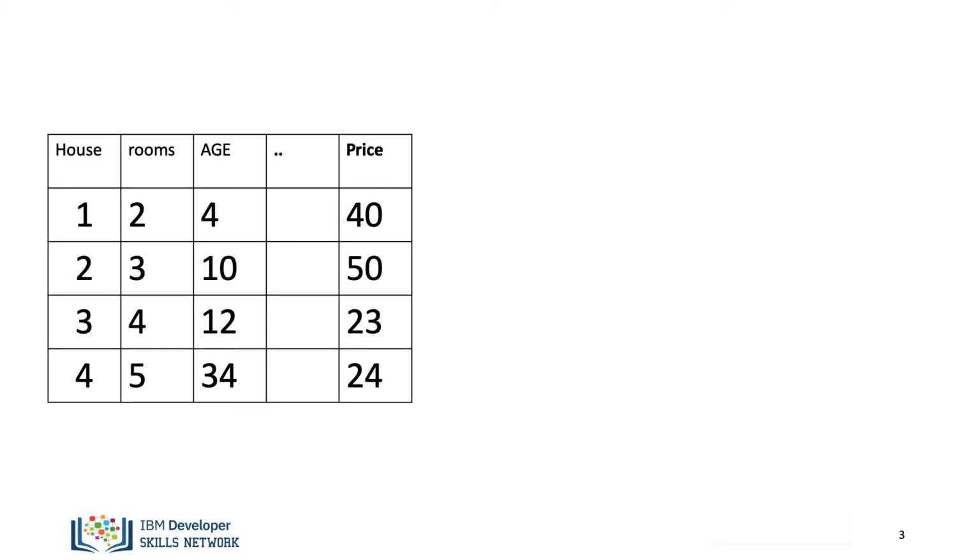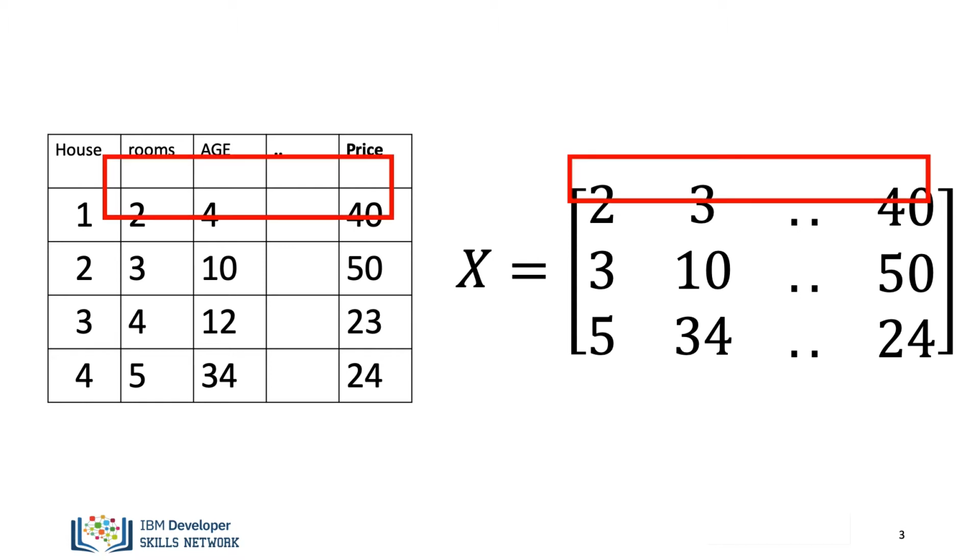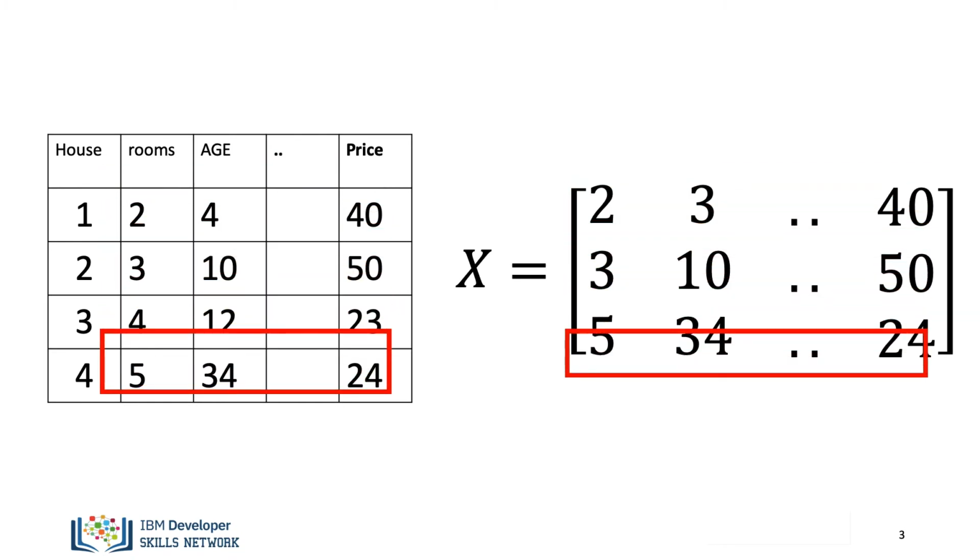Consider the following database of housing information. Each column of the database contains features or attributes such as number of rooms, age of the house, and price of the house. Each row represents a different house. We can represent this data with a tensor X in 2D. In 2D, tensors are essentially matrices. Each row of the tensor corresponds to a different sample, and each column of the tensor corresponds to a feature